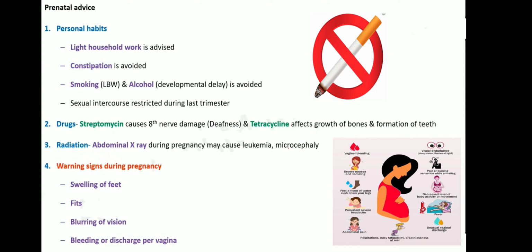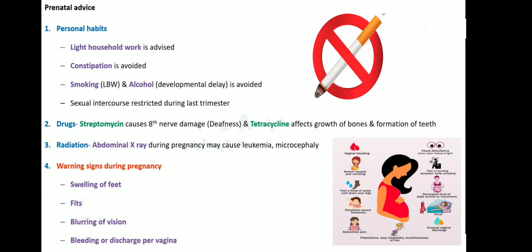So, we see that the most common source of radiation is abdominal X-ray radiation during pregnancy. We had case cohort studies. They showed that the mortality rates, the death rates from leukemia and some neoplasms, and microcephaly were all significantly greater in the children who were exposed to intrauterine X-ray exposure. In addition, we also have congenital malformations like microcephaly and cancers like leukemia, which occur because of this exposure to radiation.